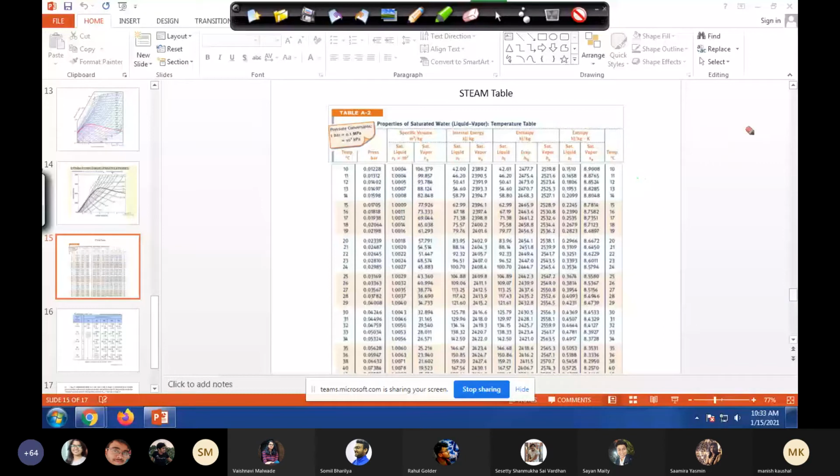By the way, has anyone got the book, either from some unknown source on the internet, or a hard copy? I think at least you should have one text. If you want, you can buy this or arrange it somehow. If anyone got it, just tell me so that I can show you where the steam table is, and then I will explain it here also. Sir, for this course, we can follow that book? Yes, for half of the course you can follow this book.